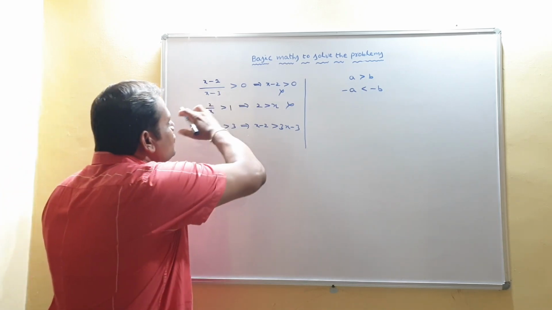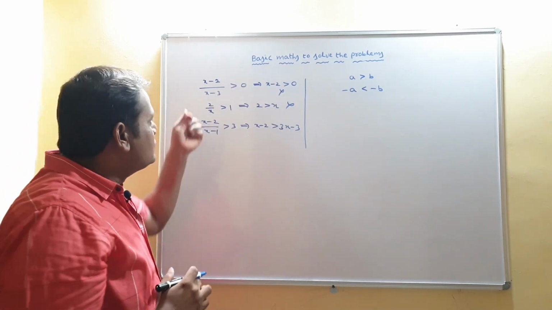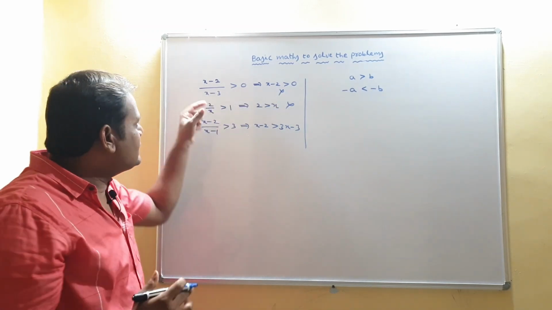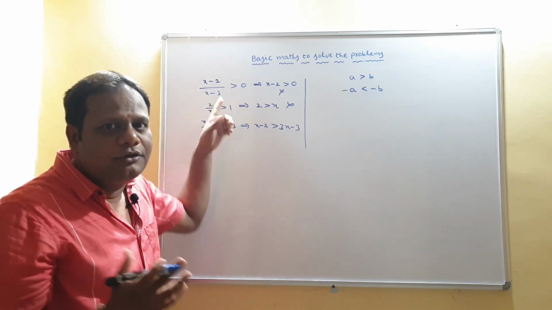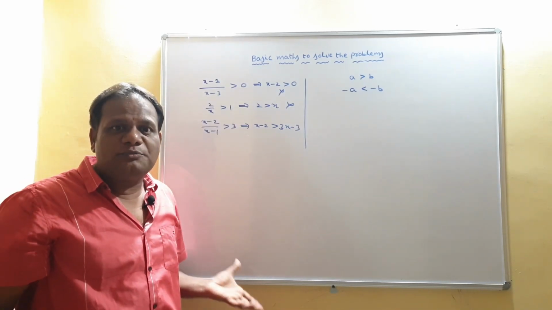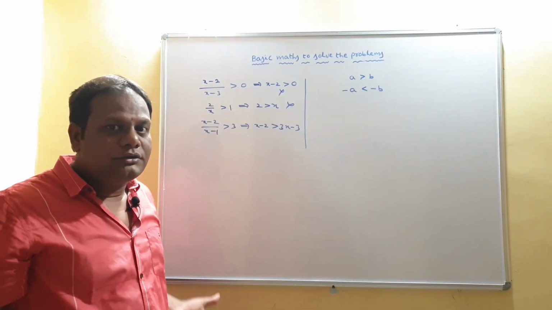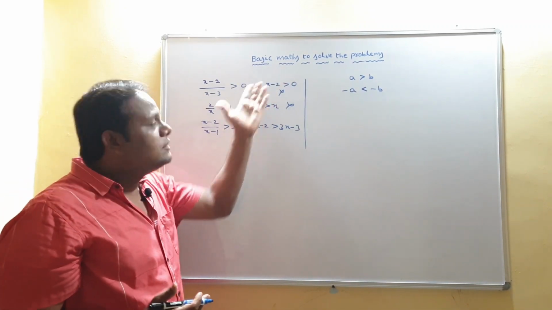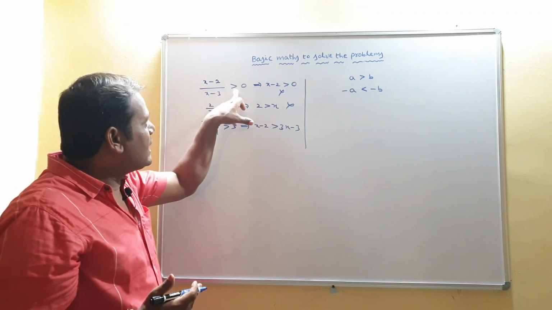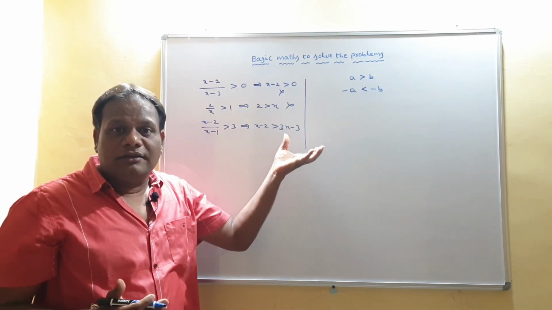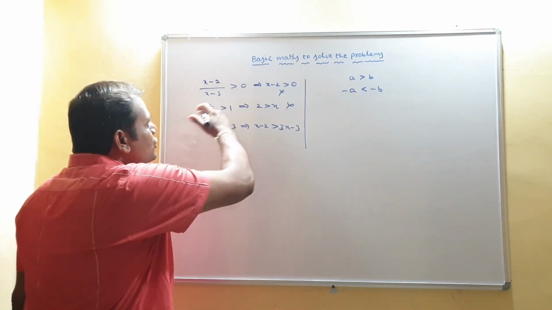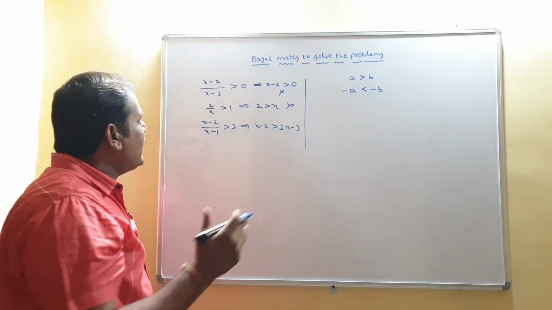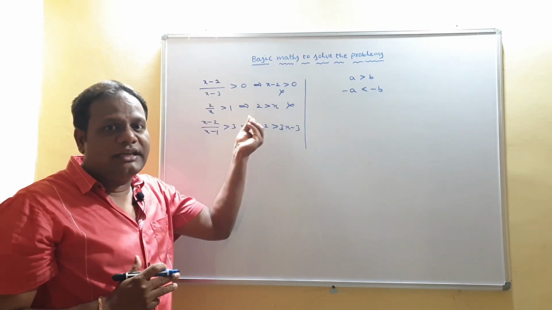But here you observe that in the denominator we have x minus 3. So blindly you are doing multiplication with it. Before going for that multiplication, do you have any knowledge about the sign of x minus 3? No. Whether x minus 3 is positive or negative, we don't know. So without knowing that, how can you go for cross multiplication? Suppose it is negative, then this greater than becomes less than. So that is the reason you don't go for cross multiplication in inequations without having knowledge of the sign of that denominator.